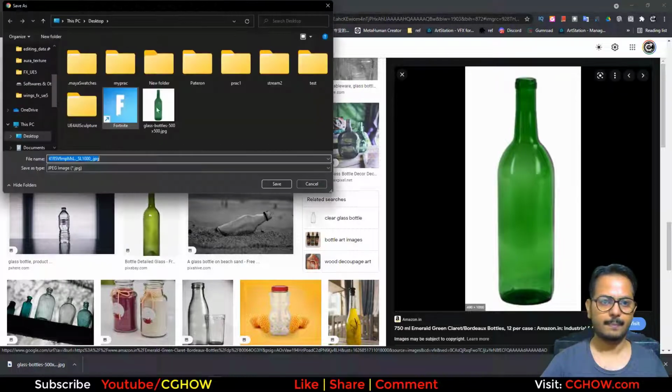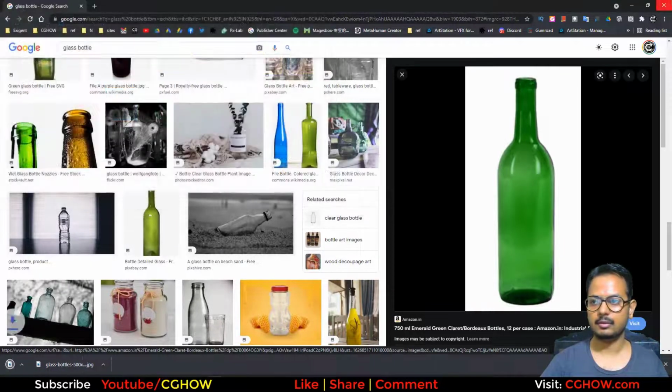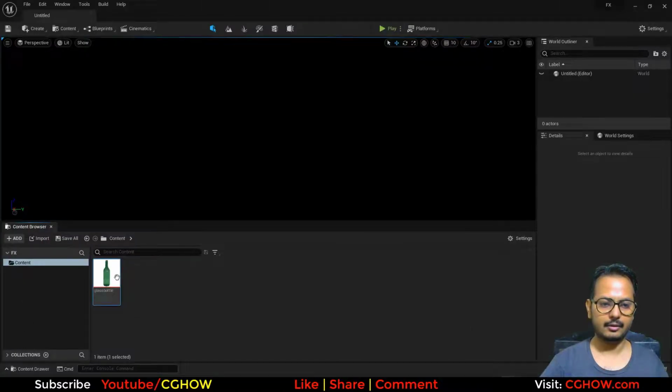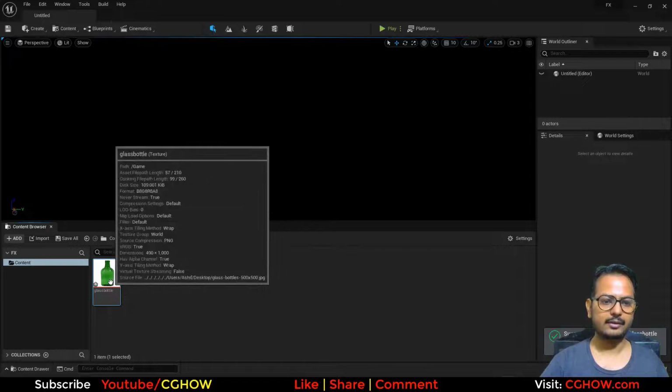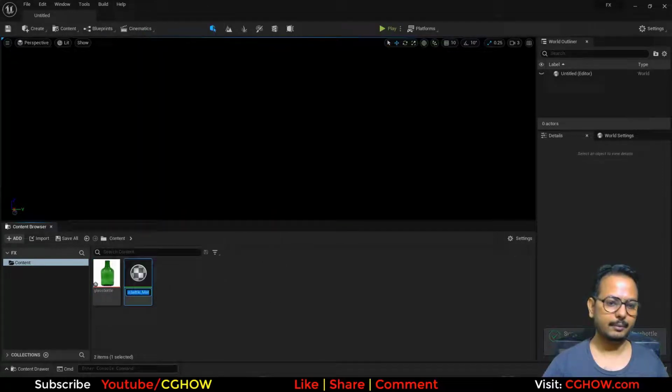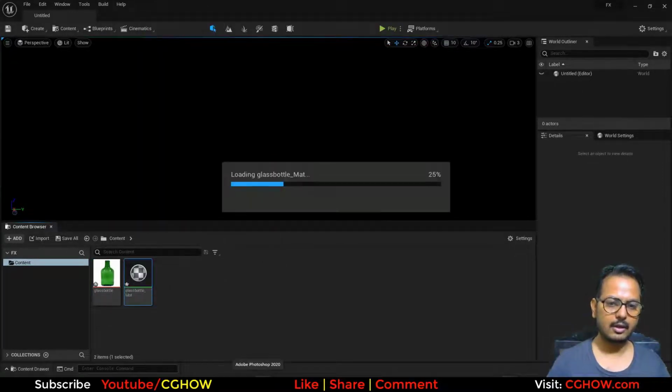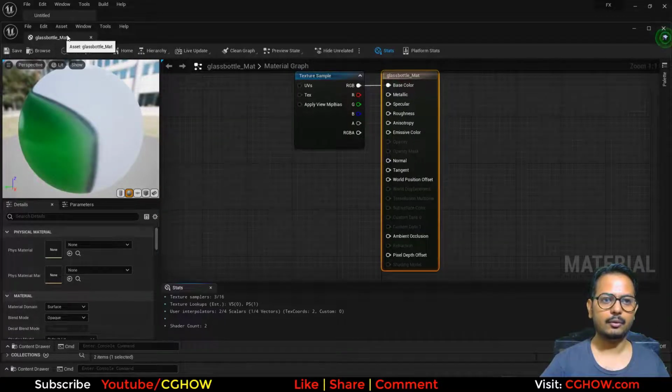save, just replace this and let me just re-import this. So I have this free texture. Now I will create a material from this, and in material I want the background